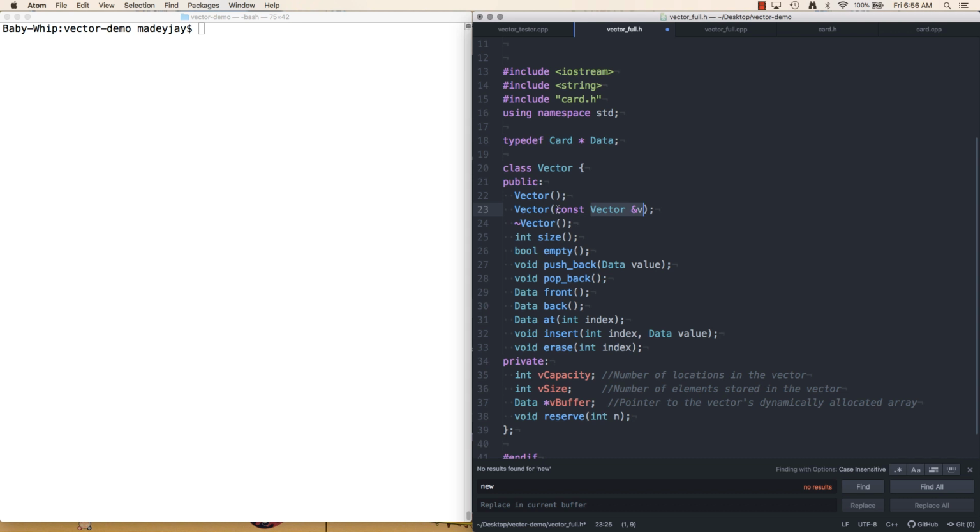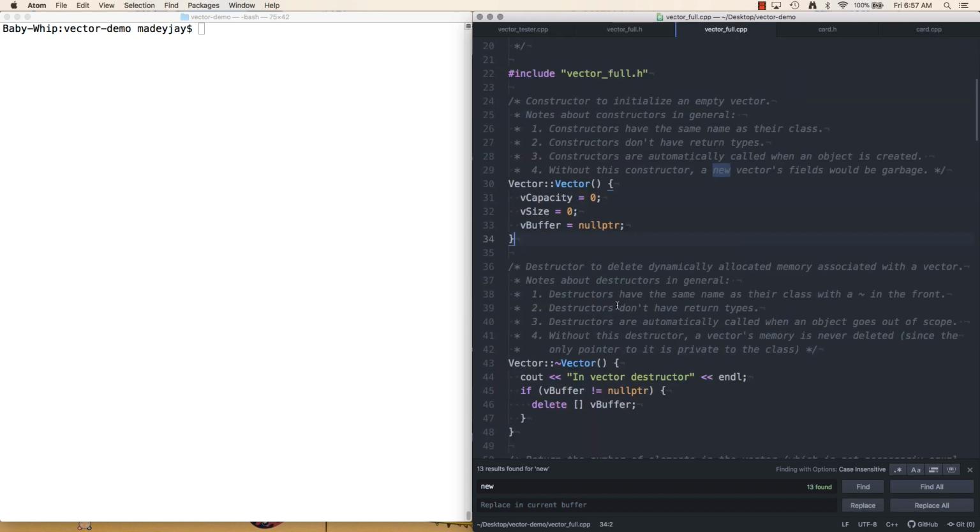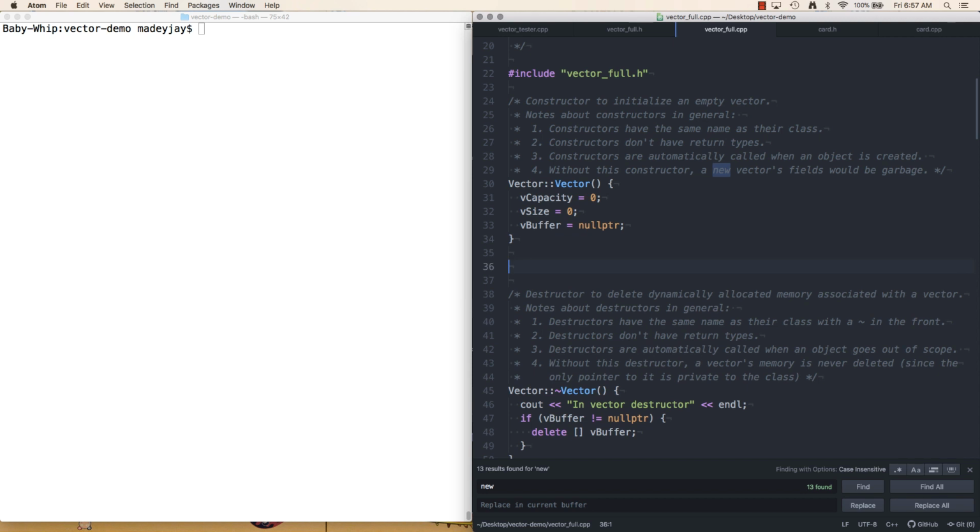So again, you probably won't even have to write one of these this semester. Just if you do, you'll have to Google this copy constructor argument syntax, because I essentially have to do it every time I'm going to write a copy constructor. So that's going to be the function signature, and now we just need to specify the function in our vector full.cpp. So I'm going to grab that signature, come over here, I'm going to put it right below our normal constructor,